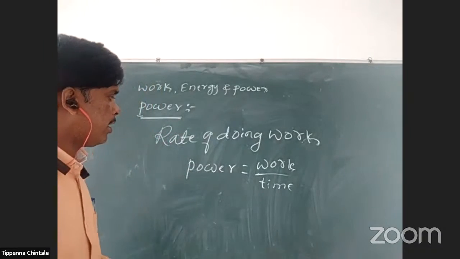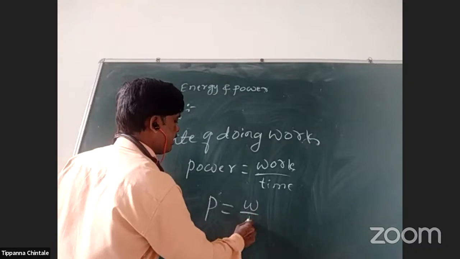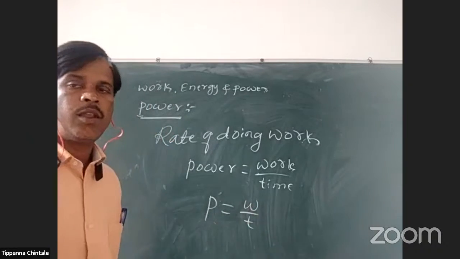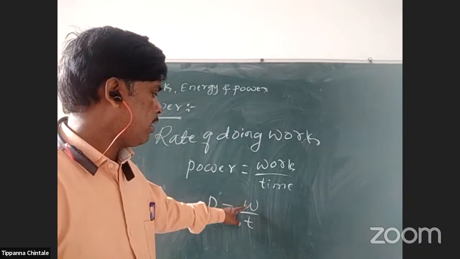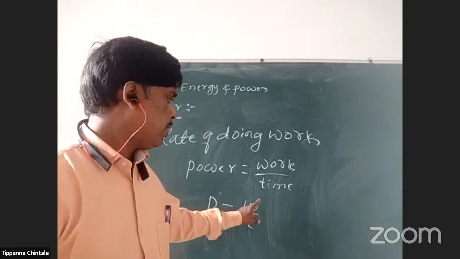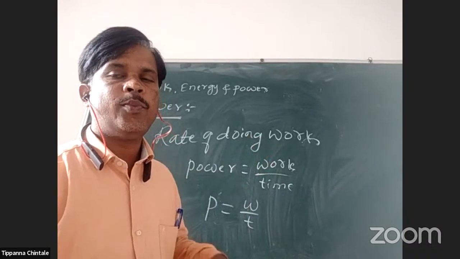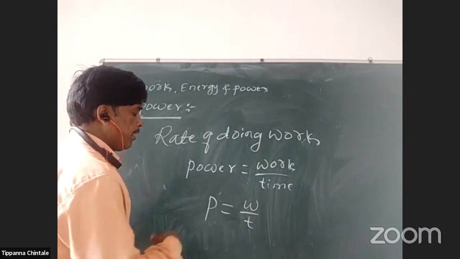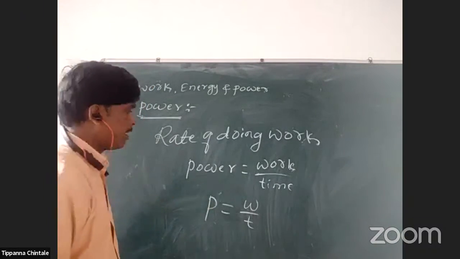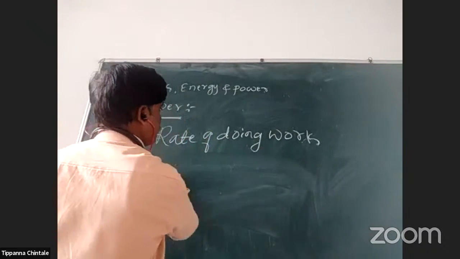Now, symbolically, you can write it as P is equal to W by T. So therefore, the rate of doing work, the rate of change of work, simply you can define as rate of doing work. Okay. Now in differential form, this equation can be written as, see,